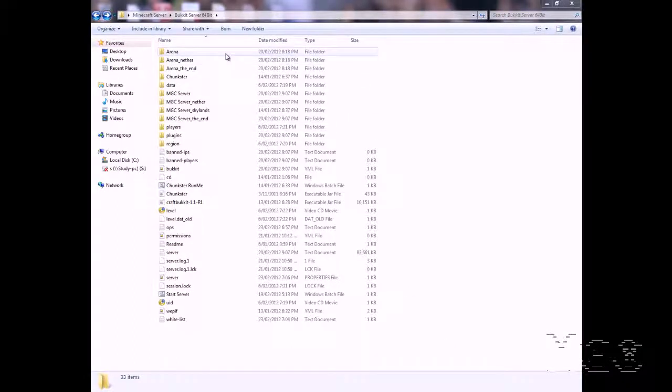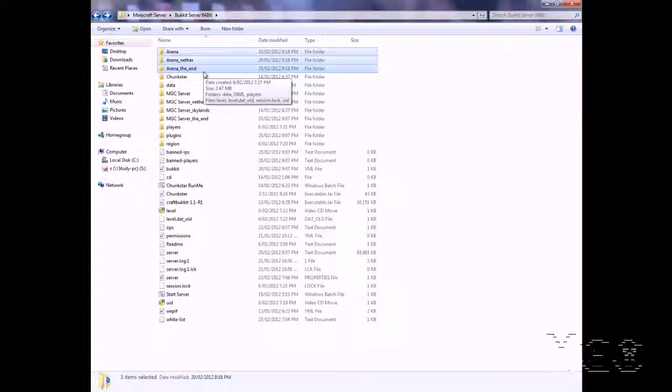In this first episode I'll be showing you the basic layout of Bukkit, and in the second episode I'll be showing you how to install plugins on Bukkit. So let's go ahead here to the first set of folders, which is my arena world. In this arena world,